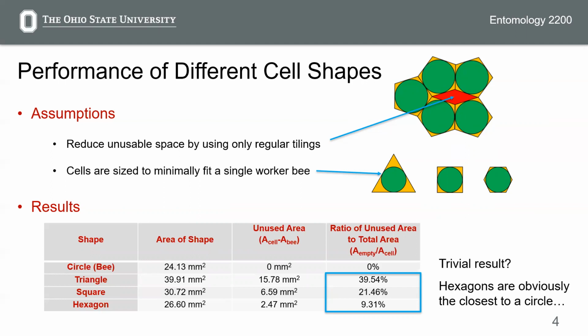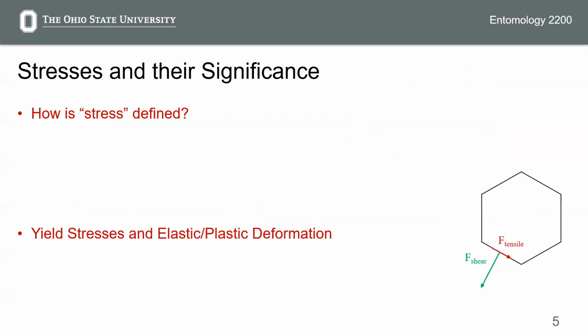And you may be asking yourself at this point if this result is trivial. I mean, it should be pretty obvious by inspection that a hexagon is the closest available shape of the circles that I used to represent the bees, but that's where the stress analysis that I mentioned at the beginning comes in. And before jumping to the assumptions and results here, I just wanted to clear up exactly what I mean